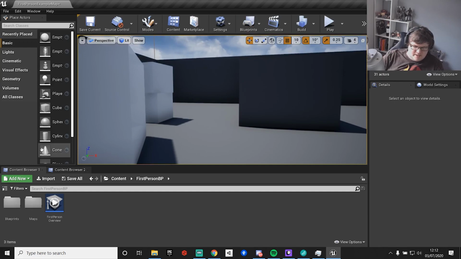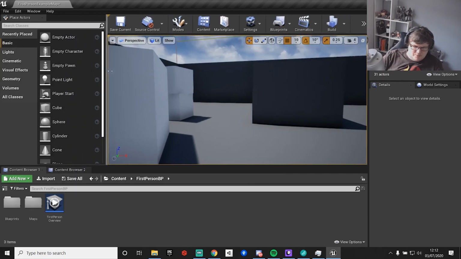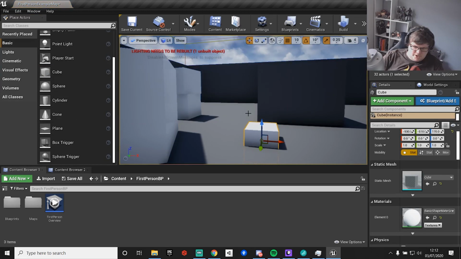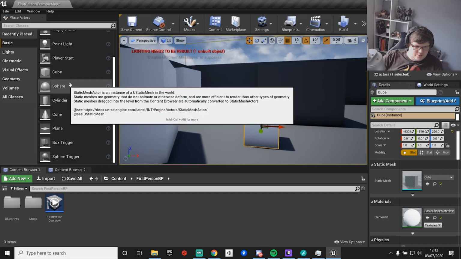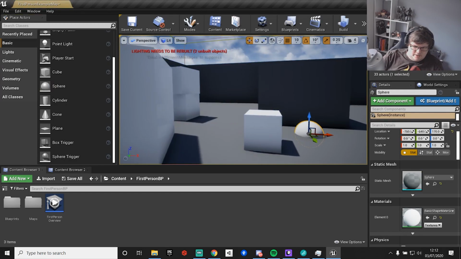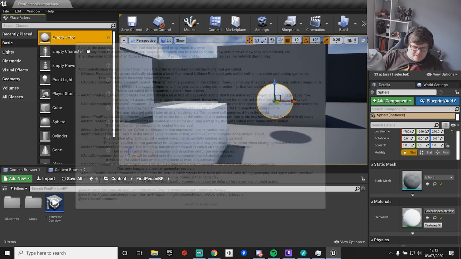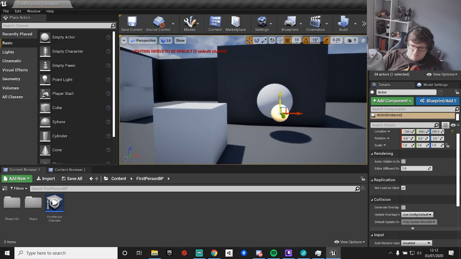Down on the left hand side here, we've got different objects that we can put into the scene. So we've got lights, basic stuff, like if we want to just put a cube in there, say we're doing a block out, we can use those for cubes. We can do spheres as well. Empty actors are good, because they don't show up in game. So if I press play,